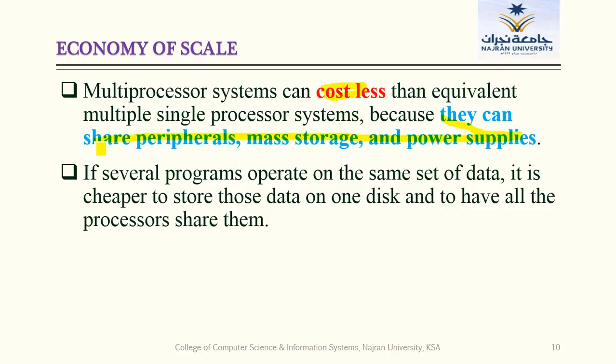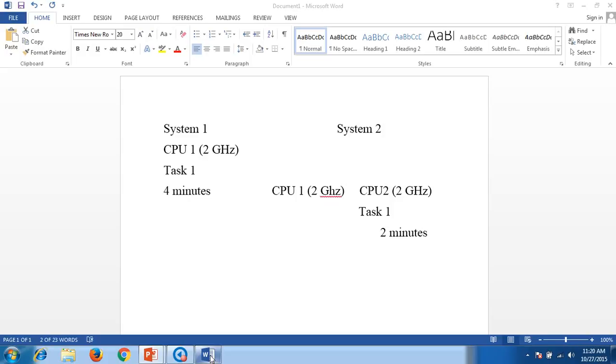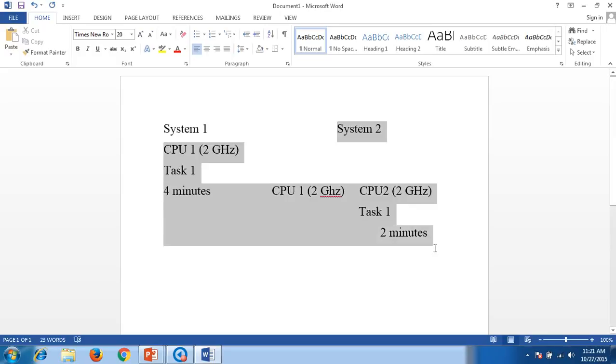So if I show you this, let's suppose again, if you see these two systems, system 1 and system 2, the speed of system 1 is 2 gigahertz, but the speed of system 2 is 2 plus 2, 4 gigahertz. And if the cost for this system is, suppose, 2000 real,